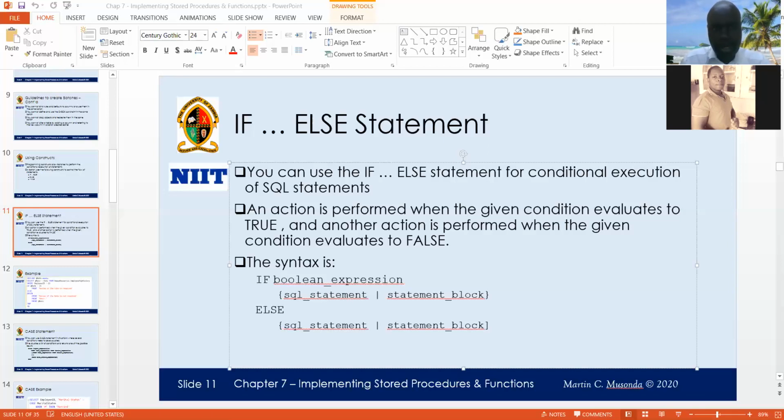So the commission rate is 5%. So when you multiply 5% by 10,000, you'll get 500. But if we increase that amount to say 15,000 and executed, you see that